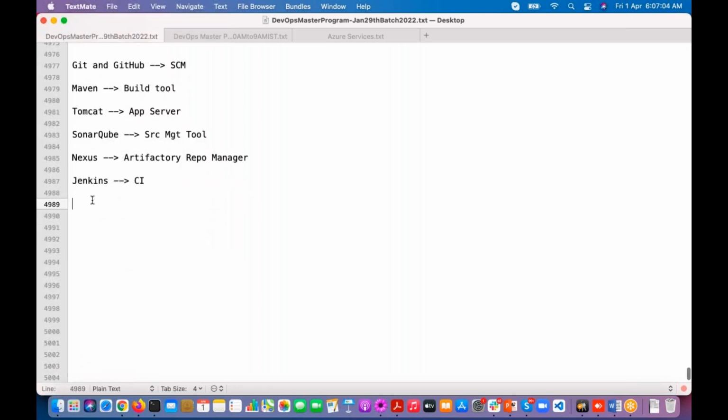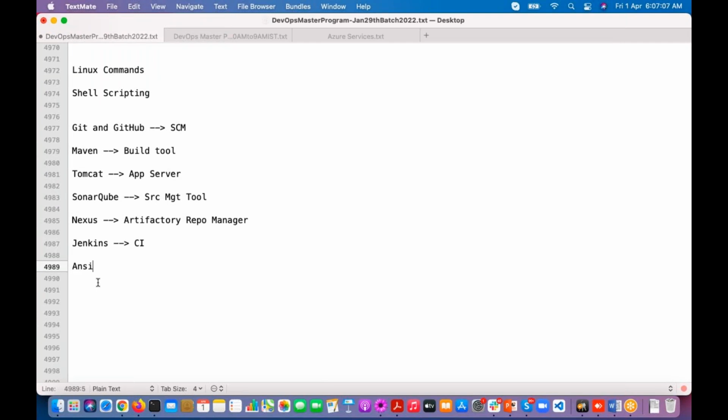What is Ansible? Anybody have an idea? What is Ansible? Suresh is saying configuration management tool.